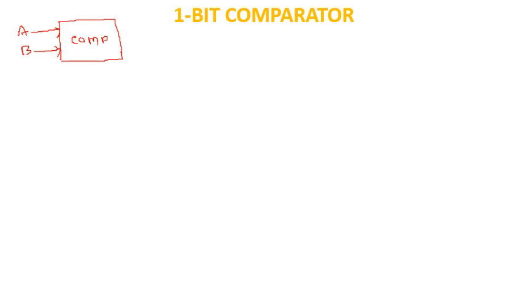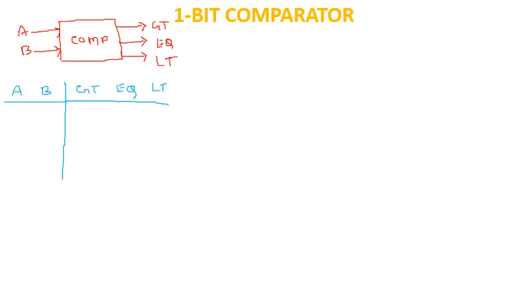So similarly, a 2-bit comparator means it will compare two numbers, each number is 2 bits. Likewise, 4-bit comparator and so on. So the output of the comparator will be 3. That is, it will give the decision on these 3 lines. That is, either A is greater than B, I will take the signal name as GT, or the two numbers are equal, or A is less than B. Okay. So this is the block diagram of the 1-bit comparator.